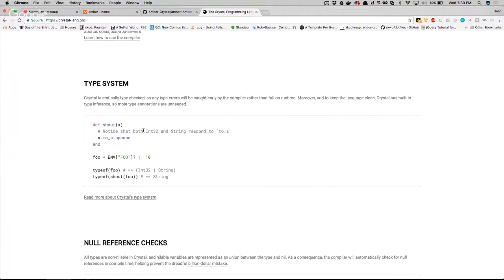So it is a typed system, unlike Ruby. So it is important to know what the type of a variable is when you define a function. The function, or a method, is compiled so that you can only pass the types that you tell it you can pass in. By default, it will infer that by what you are sending to it. Let me just give you an example of that really fast.